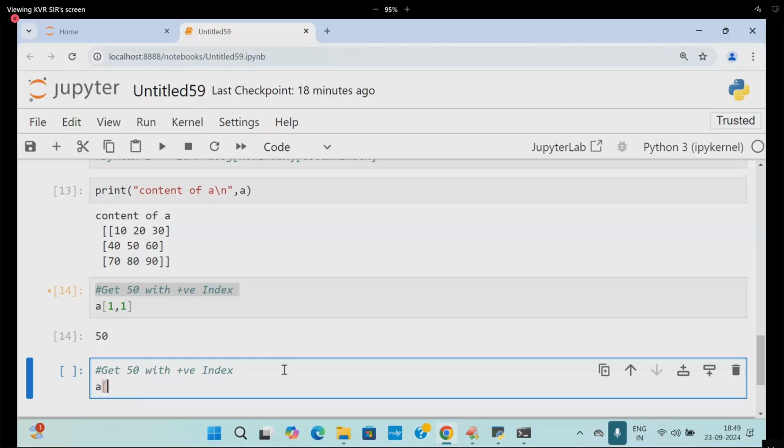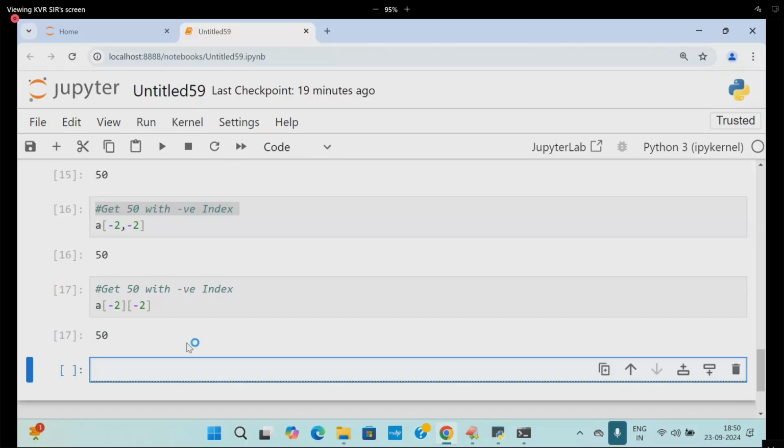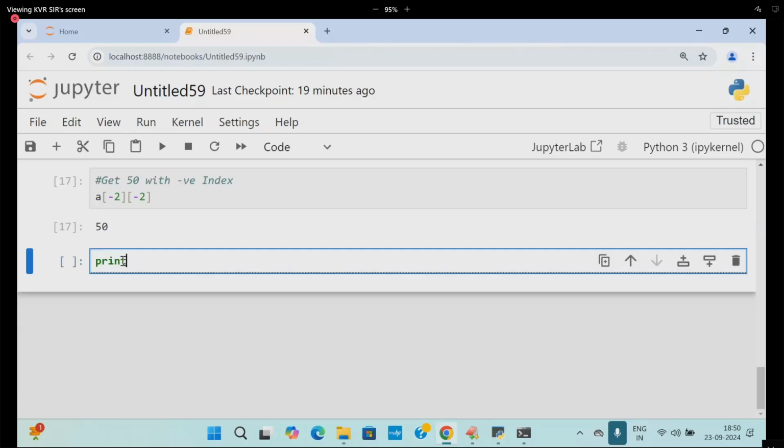Now I'm going to write it. This value is called 50. Clear? Yes. Now I want to ask you about the element called 90. Come on, for my satisfaction once again. Can we use both positive index as well as negative index?